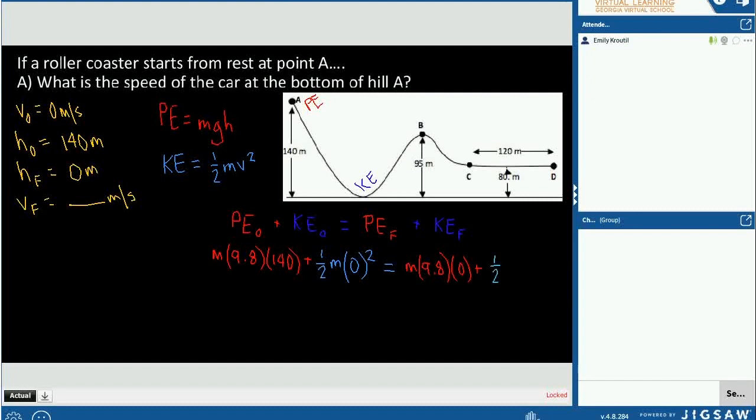And then my final kinetic, and that's what we're going to solve for, that v squared right there, or that v. So let's see what we can do. We can cross out this because it's a 0. We can cross out this because it's a 0, right? And then we're left with 1372m equals